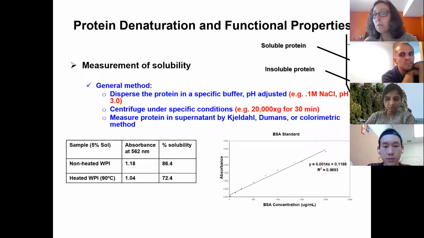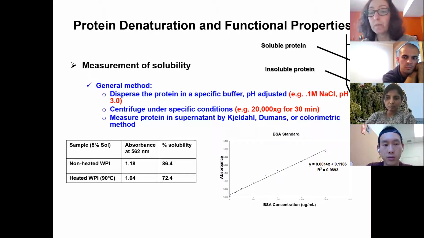So how do we measure solubility? Basically, we prepare a solution. We can decide if we want to prepare it in a buffer at a particular pH, in the presence of salt. So we can control the extrinsic conditions the way we want. We solubilize the protein, making sure that it is well wetted and well dispersed. Then we take a sample of this mixture, as homogeneous as we can get it, and we determine the protein content in this mixture.